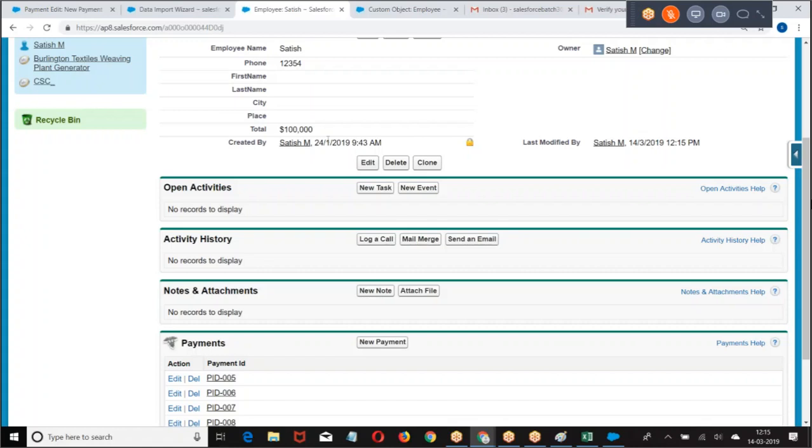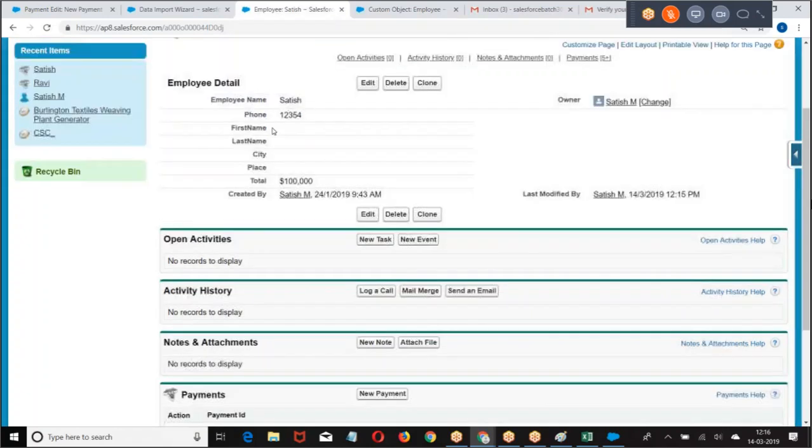We need to go to the amount field and check whether the amount is modified or not. If it is modified, then I have to run my logic. You can make an attempt at achieving this update. Check whether the amount field is modified or not. If it is modified, run this logic.